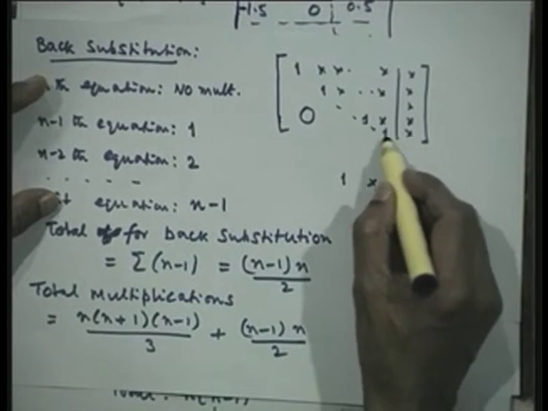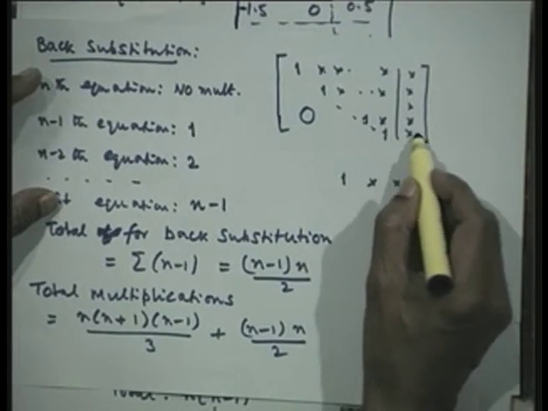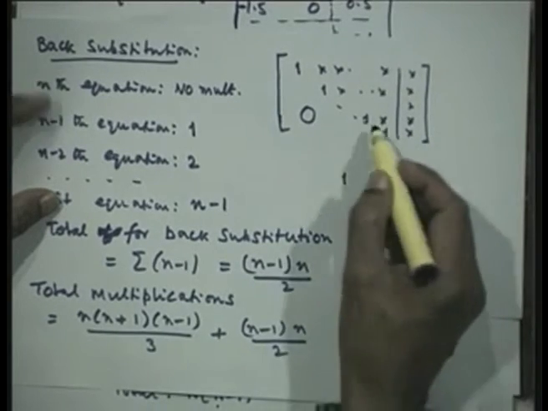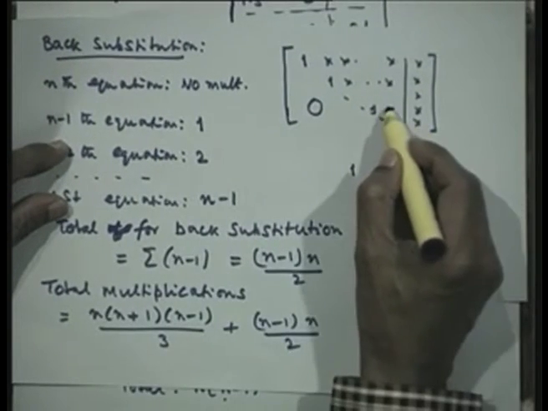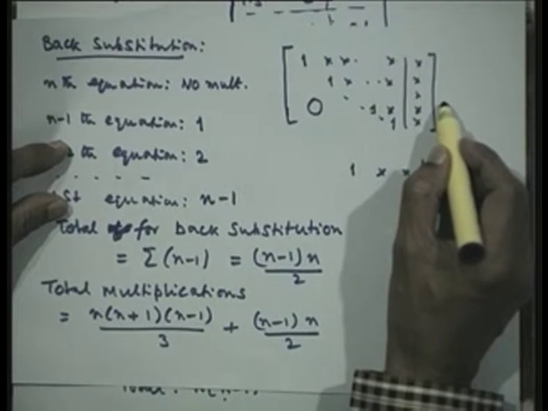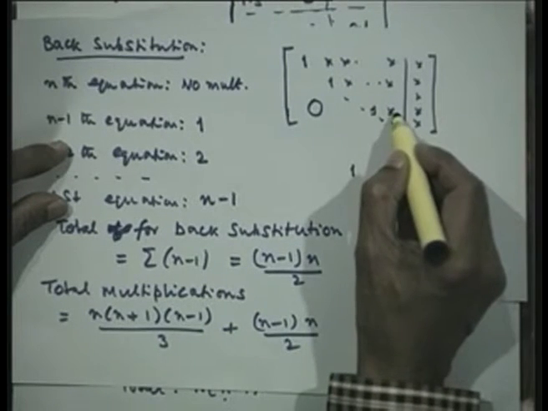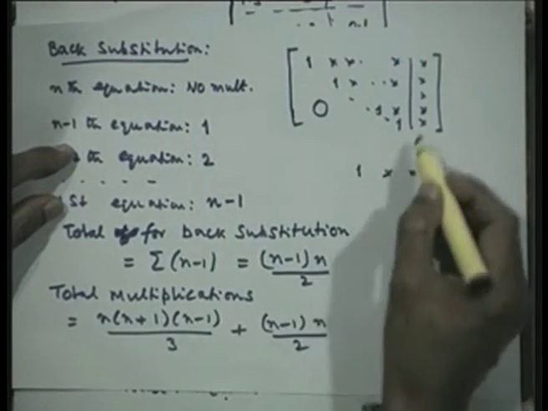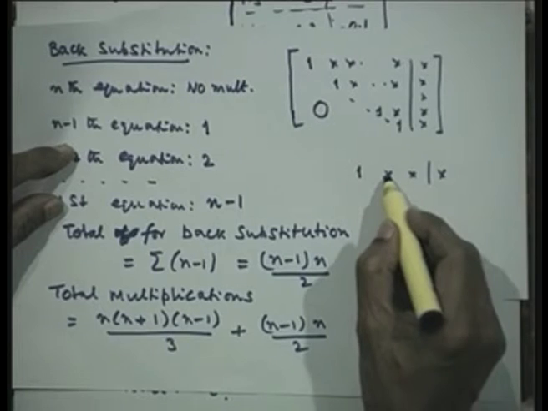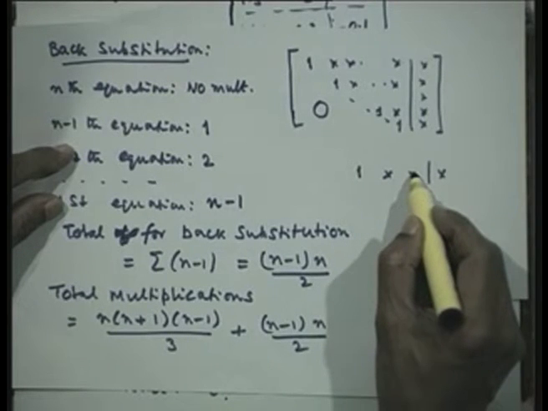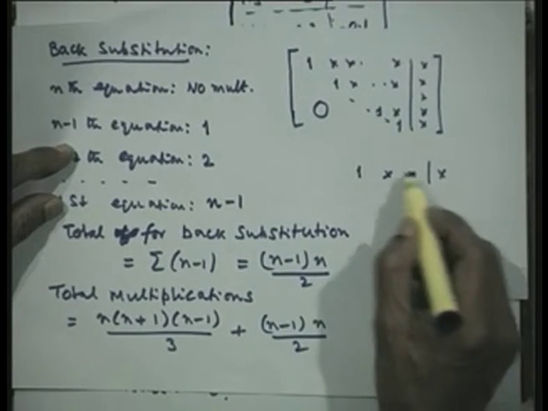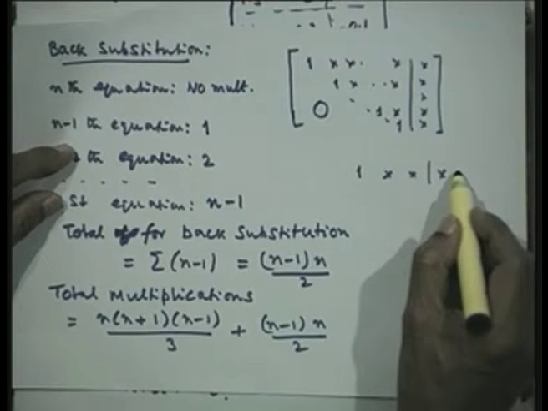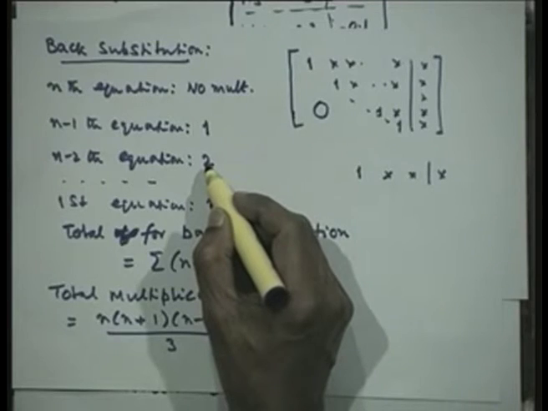If I go to the back substitution, this last element has no subtraction, because this is equal to this. Now, the n minus 1th equation I have multiplied, taken to the right hand side, and then subtracted. Therefore, with this multiplication is attached one subtraction. So, the n minus 1th equation has 1 subtraction. If I go to the previous equation, I have a multiplication here, there is an addition here, and it goes to the right hand side, there is an addition there. Therefore, along with the two multiplications I again have two additions or subtractions.